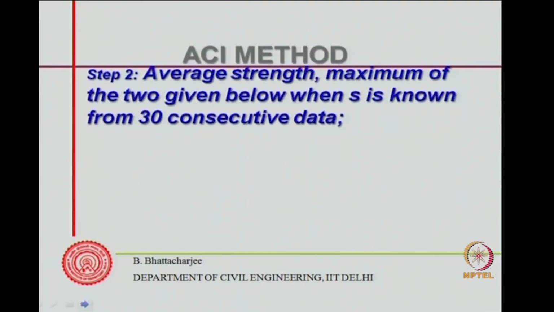So, average strength, if you do not know the standard deviation, but when you know the standard deviation, from 30 consecutive data, or you know it from 2 sets of 15 consecutive data, so that you can find it out as under